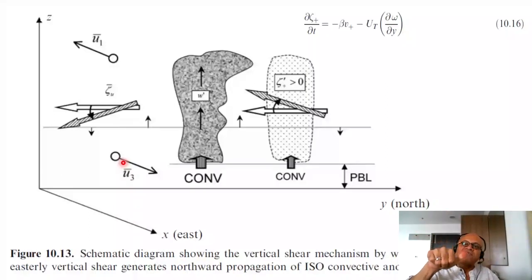So you curl your fingers around it, you get a horizontal barotropic vorticity that is written here as ζ̄u, and the vertical motion is going to tilt the vorticity or twist it and create a vertical component to it. And you can see that on this side it's being tilted upward, on this side it's being tilted downward,